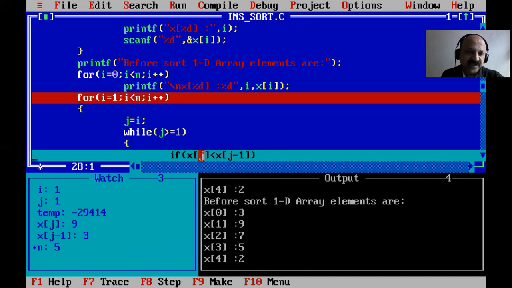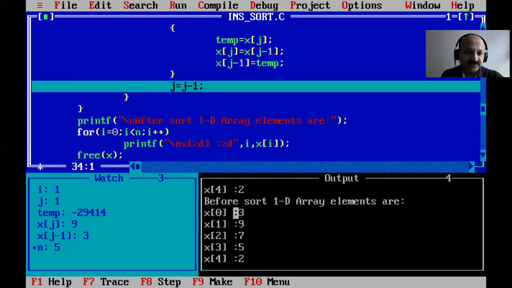So what is j? j is 1 and the element is 9, and then j minus 1, so the element is 3. Is that less than? The condition is not true, because 3 is not less than 9, so the condition is false.